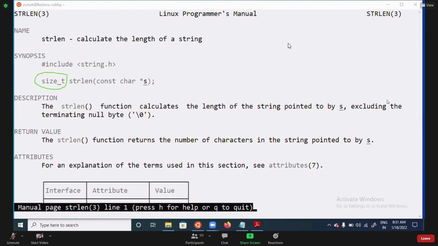Because here he is trying to hide the data type. He is hiding the data type using typedef. Am I clear? They are hiding the data type. I hope you clear this point.